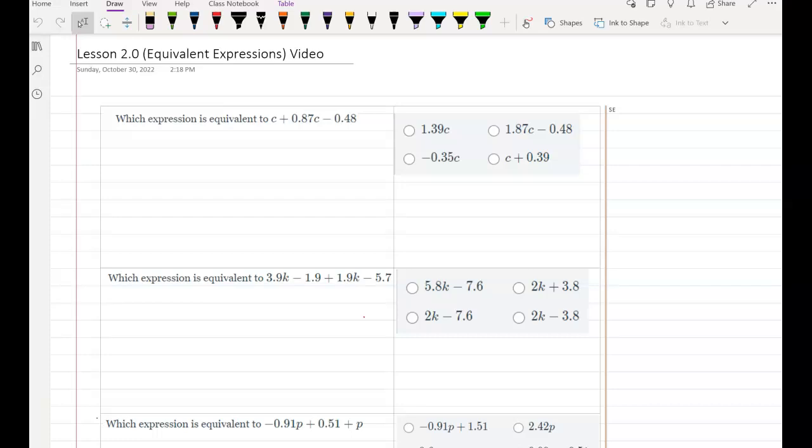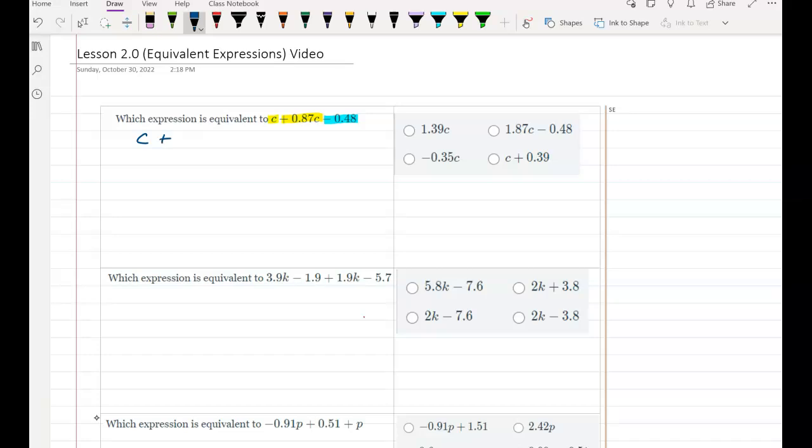All right, so which expression is equivalent to c plus 0.87c minus 0.48? First of all, we want to make sure that we combine our like terms. There's a positive c, and then there's positive 0.87c. You see this last term, well that's not the same, because it doesn't have a variable attached to it, so those are not like terms. So what I can do then is combine